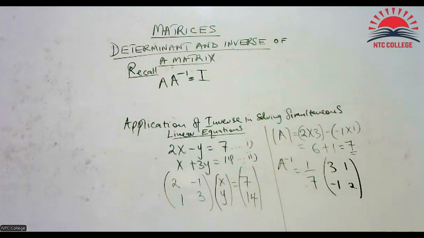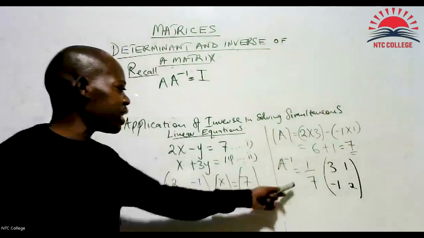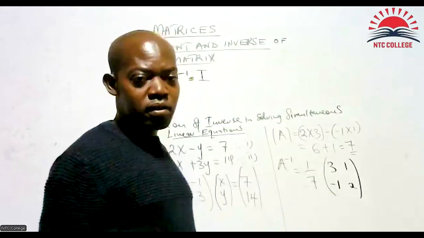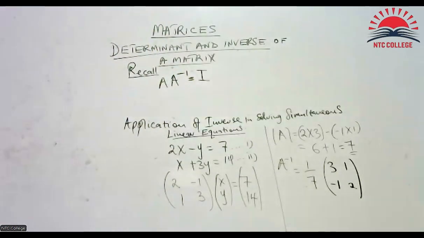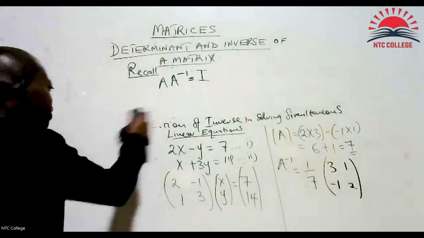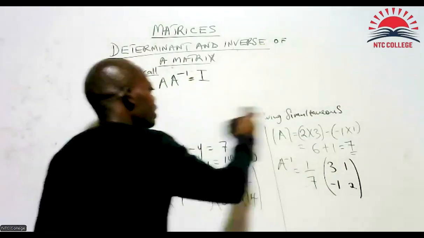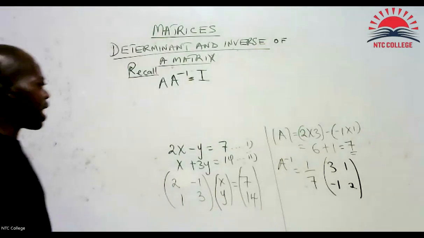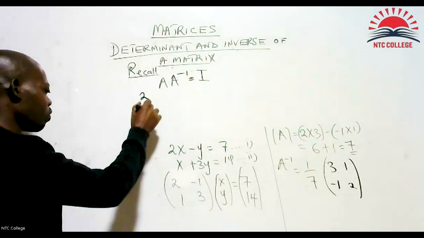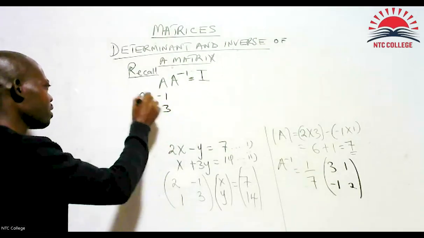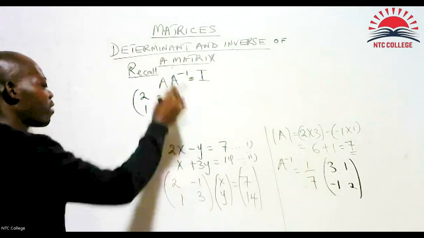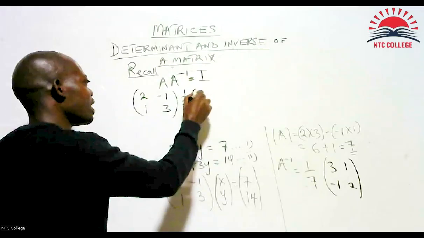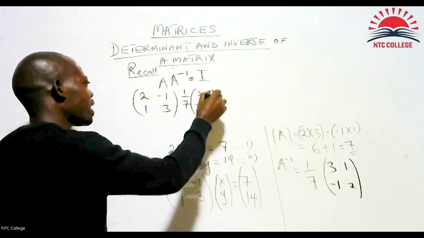Now, why did we do that? So that what we needed to write after obtaining our inverse, remember our inverse is here, 1 over 7 into that. Don't forget our inverse. Then we needed to come here and state as follows. Let me just continue with the problem. The original matrix A is 2, 1, minus 1, 3, multiplied by the inverse. The inverse is 1 over 7 into 3, negative 1, 1, 2,